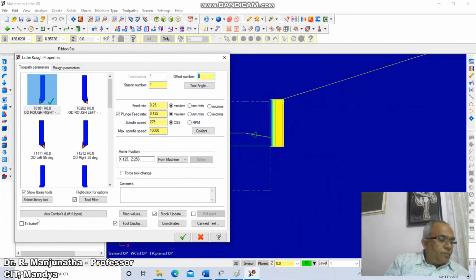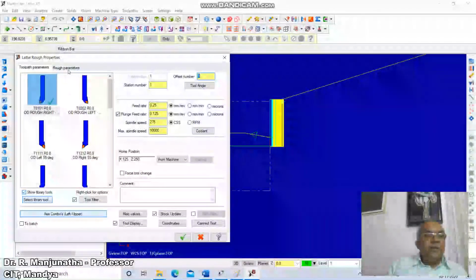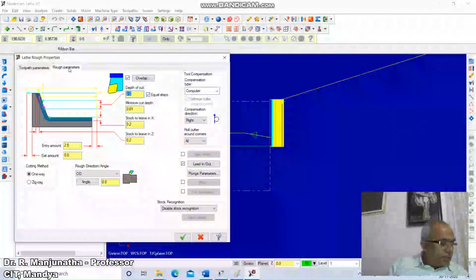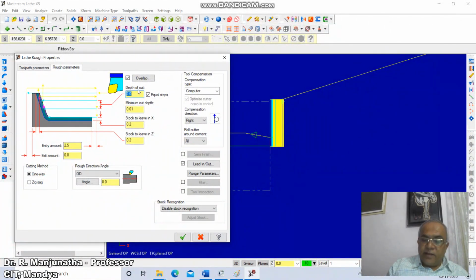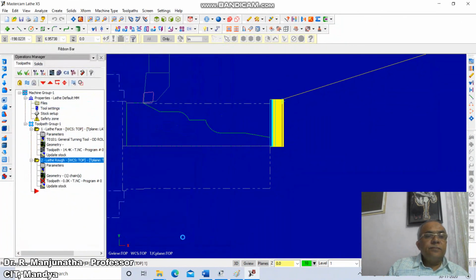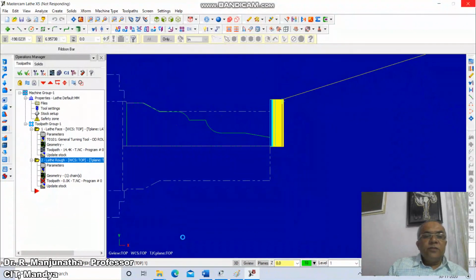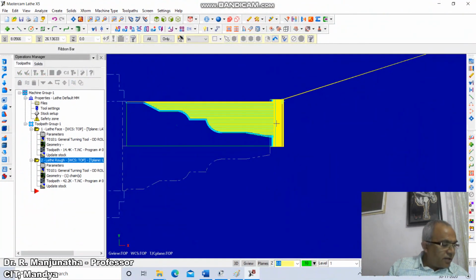Then click on rough parameters, change the depth of cut to 0.5 and click on the right tick. So these are the roughing parameters. By using the roughing tool, we are creating this profile.